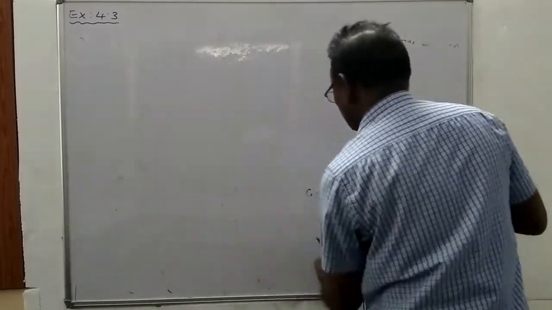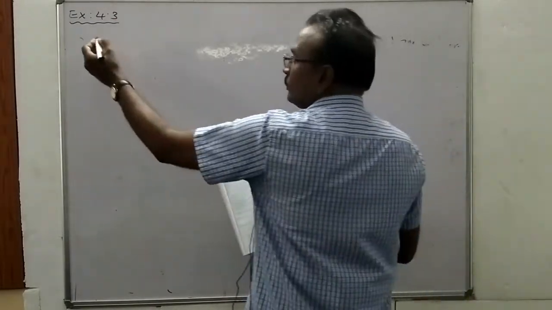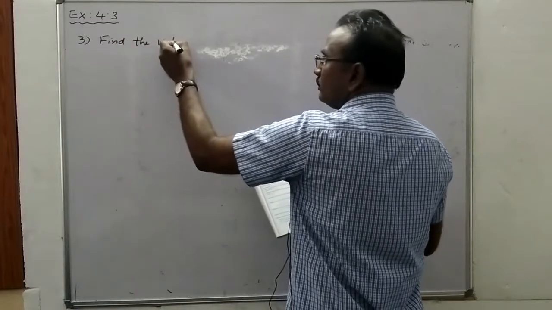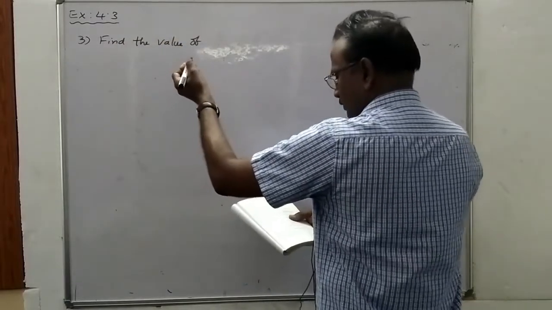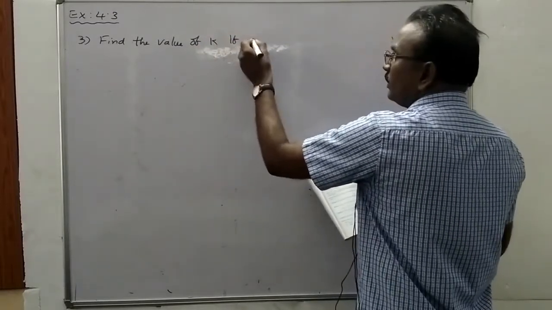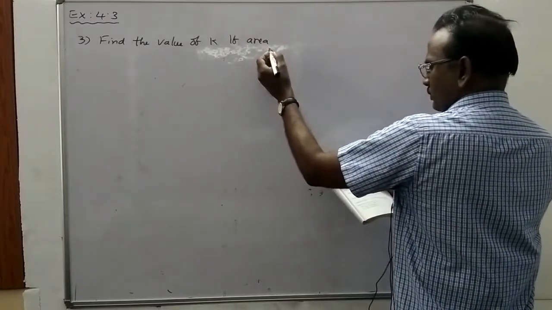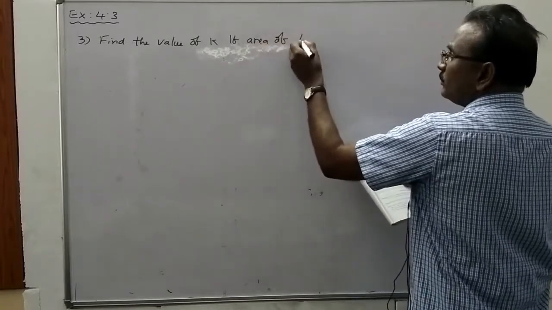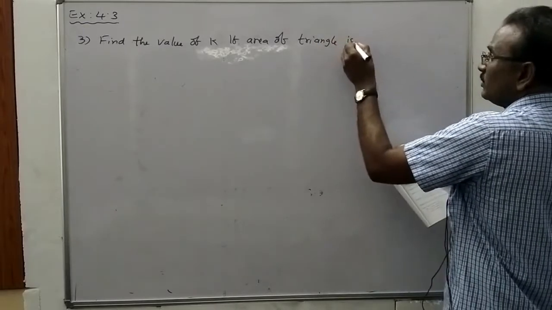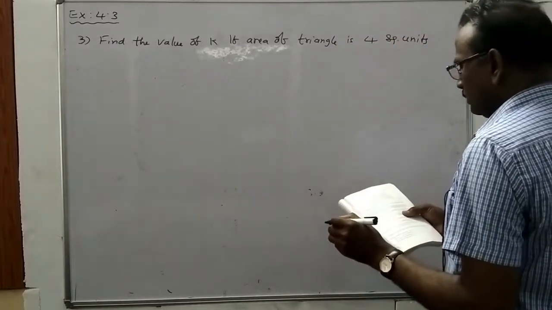Next, question number 3. Find the value of k if the area of triangle is 4 square units, and the vertices are,